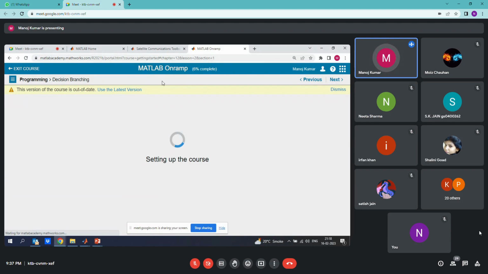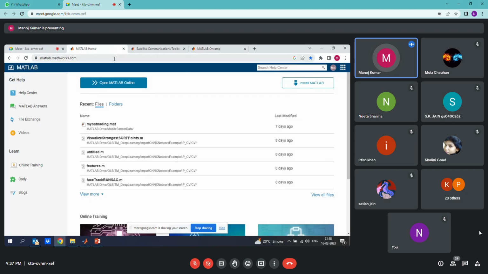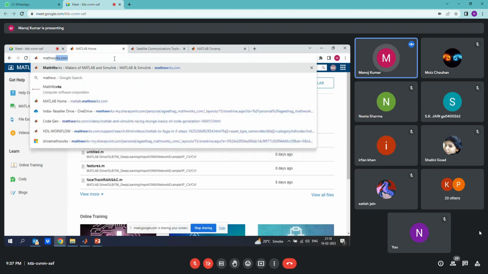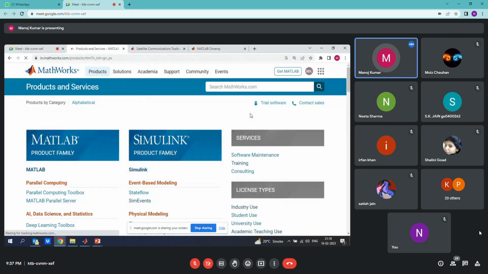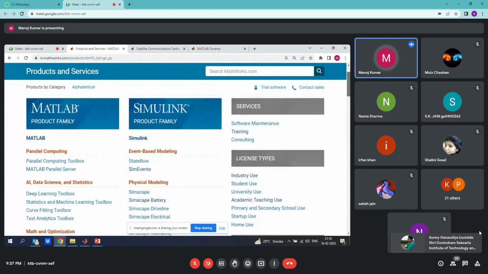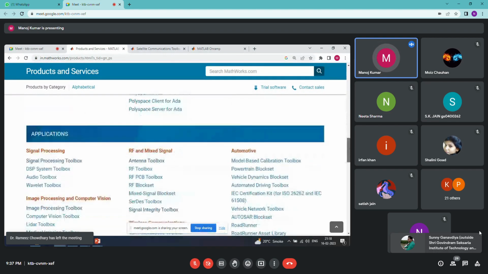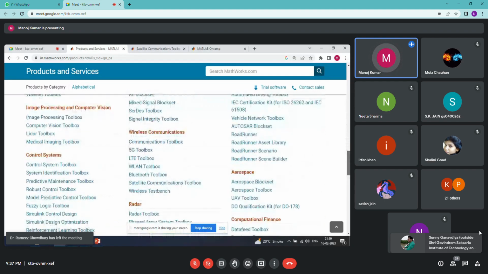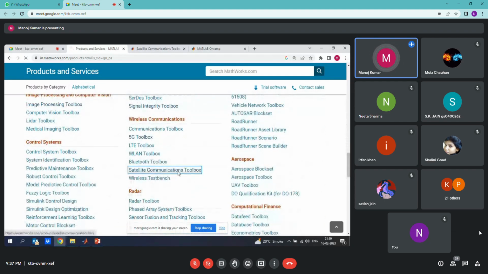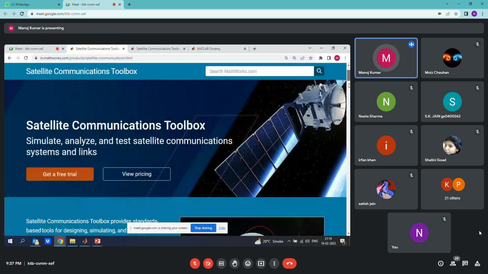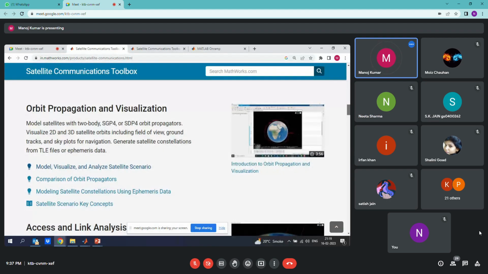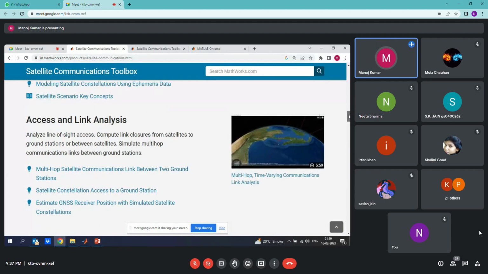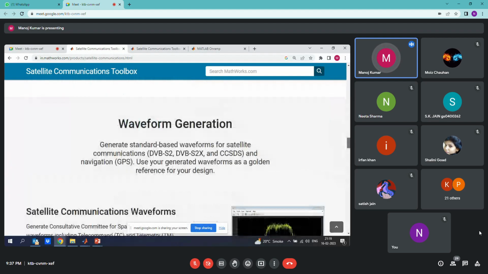You need to complete this course first to learn MATLAB, then you can explore more on the MathWorks site. In the product category, you can see how MATLAB is useful in industry. You can also explore things from here, like wireless communication. This is my satellite communication. In the product page, we can explore the examples. Some videos are given, and you can explore examples related to your link budget analyzer,